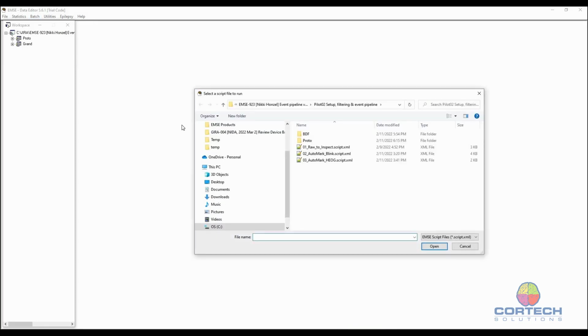Okay, so let's run the first script, and let's see what it does first, and then I'll briefly show you the script itself. So I'm going to say batch run script. I've got this one, and I put 01, 02, 03 just at the beginning, so they'll show up in the intended sequence of applying them. So the intent of this first script is to take the raw data, the BDF file, apply that pipeline to it